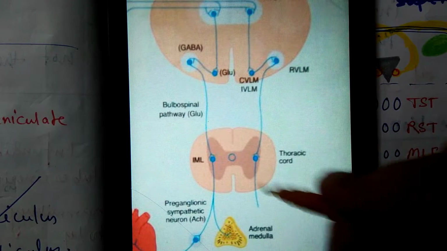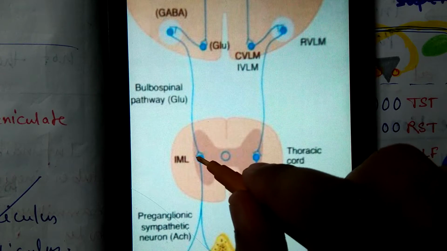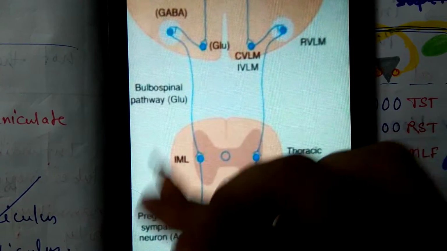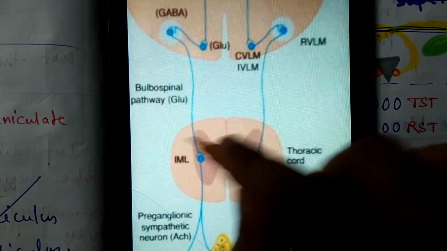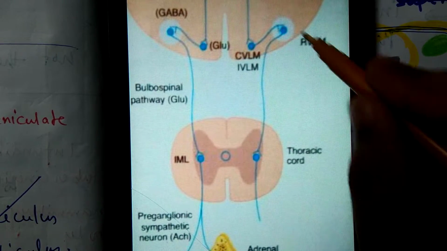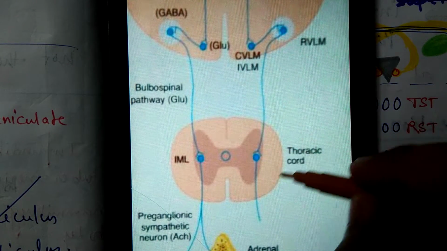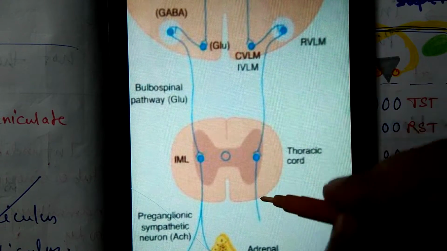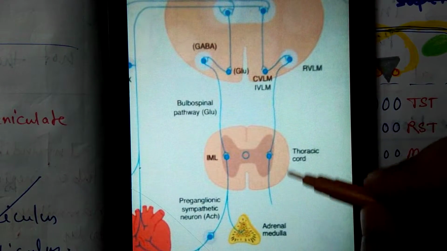Okay, fine. So look here, what is IML? Do you know what IML is? Yes, intermediolateral gray column. This is IML. I for inter, M for medio, intermedio, L for lateral: intermediolateral gray column. So neurons arising from RVLM end at the level of the thoracic or lumbar vertebra, because RVLM is totally related to our sympathetic nervous system, that means the thoracolumbar system. Okay, fine. Then